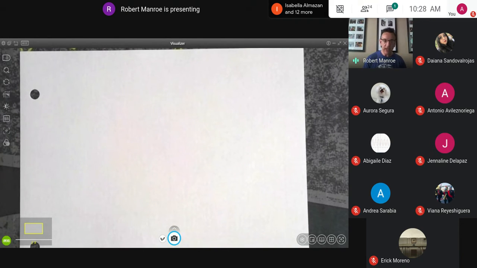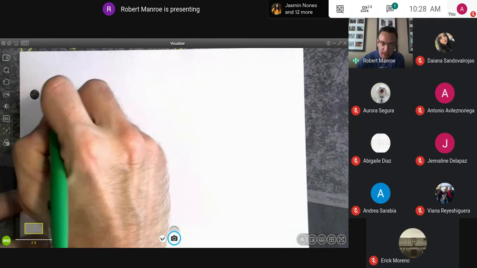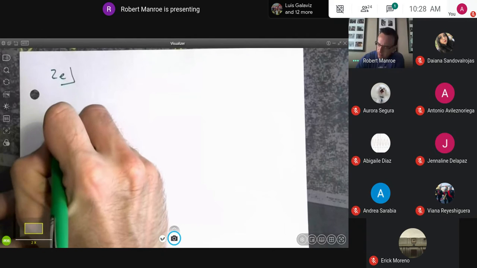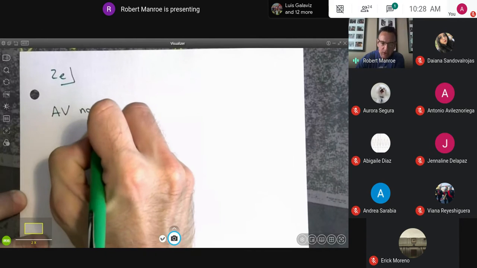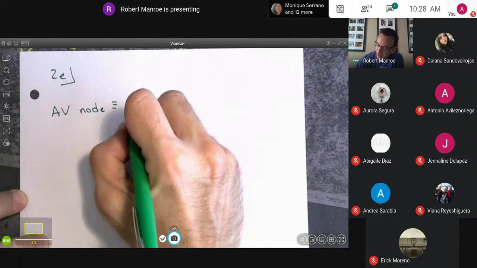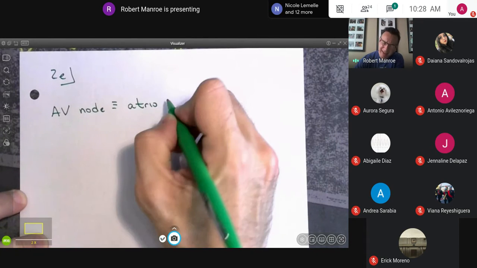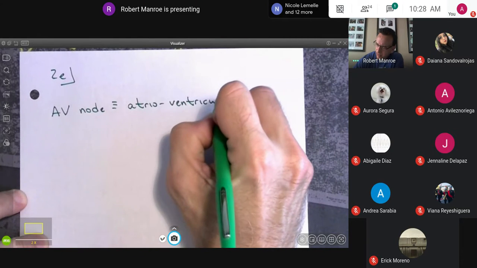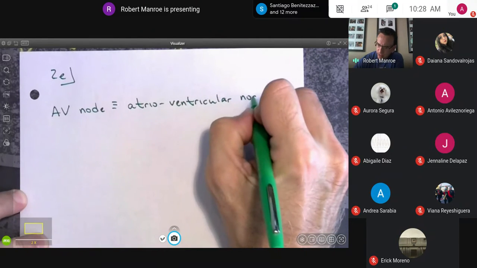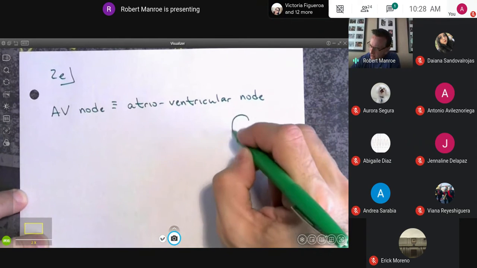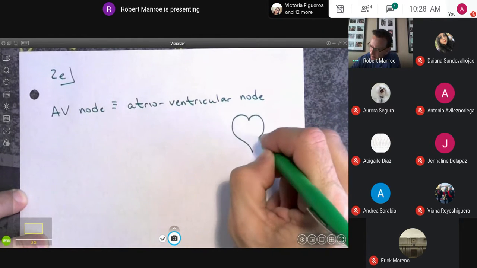All right, so then you have a second piece of neural tissue called the AV node. So this is still question 2E. And this would be the AV node, which stands for atrial ventricular node. But nobody says that. Okay, and so where this sits, if you have the heart like such, here's a heart,